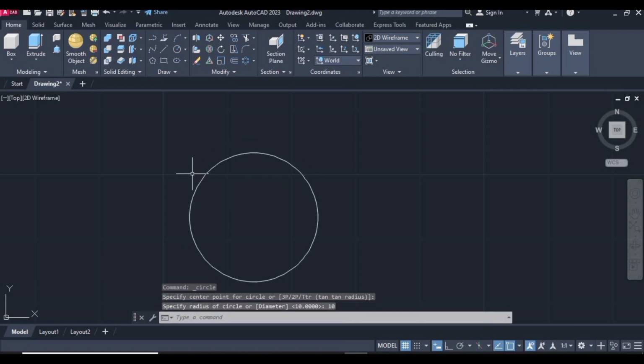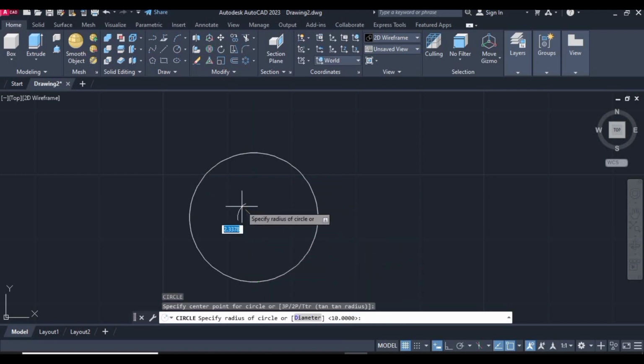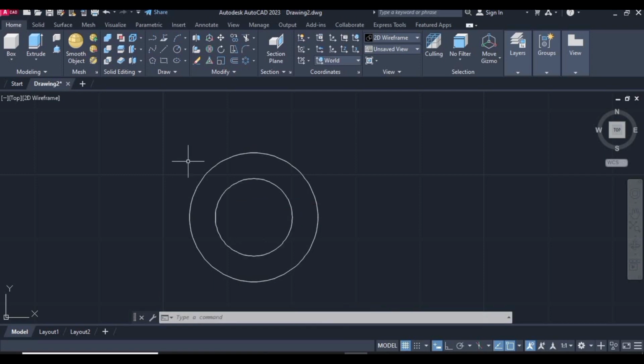From keyboard, type C here, and then press enter. So C is the shortcut key for circle. Trace the circle here and make a circle of diameter 6. And now it's time to make a line, and for line we have a shortcut key L, and then press